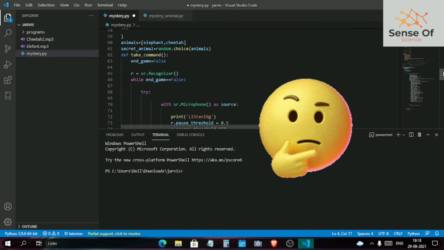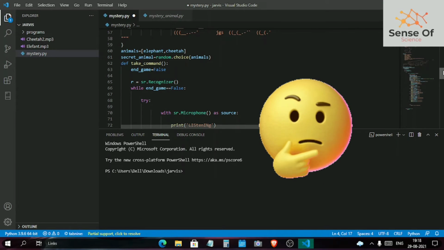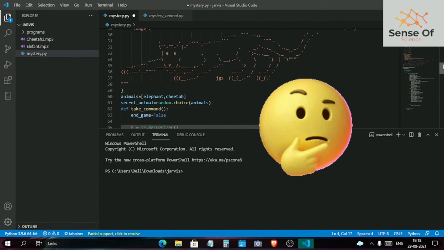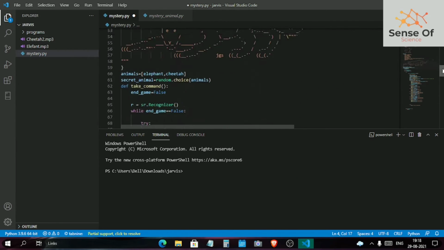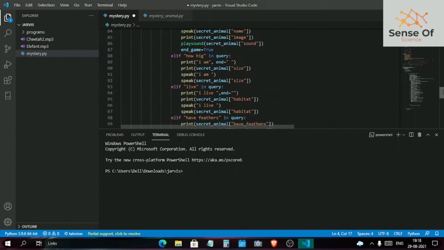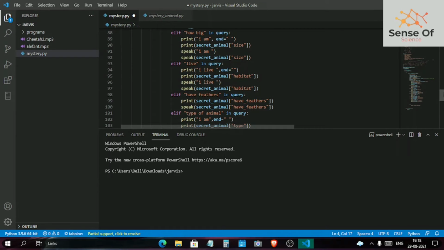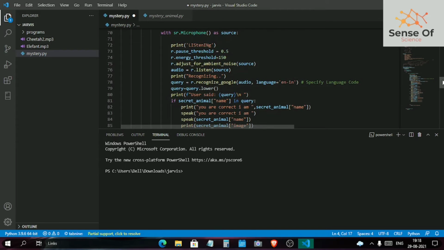Okay, so to tackle these errors, I just rewrote the function after defining these two dictionaries, and inside this function only I used the if-else conditional statements to create the questions.